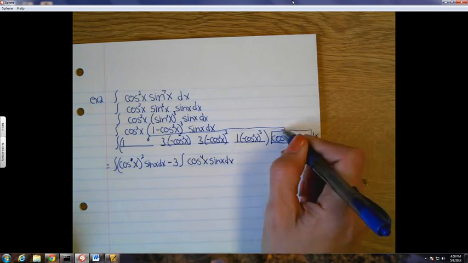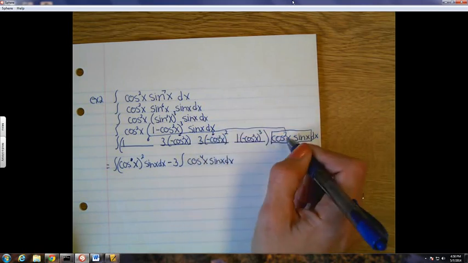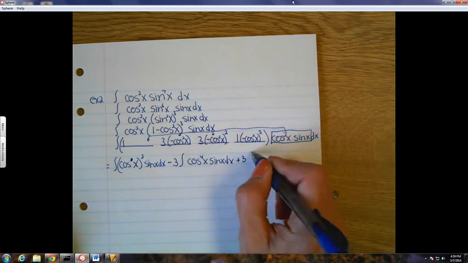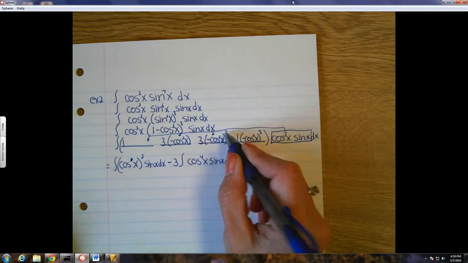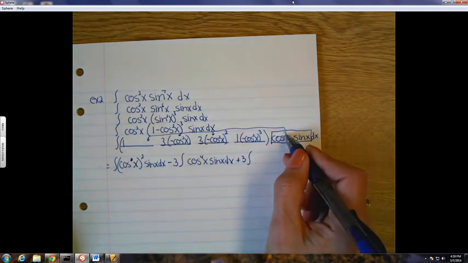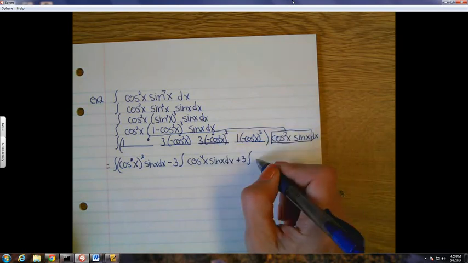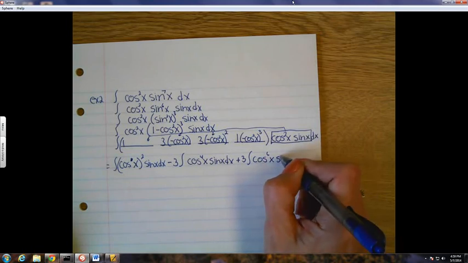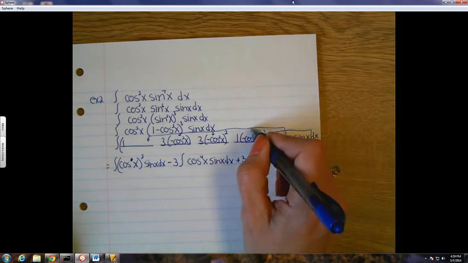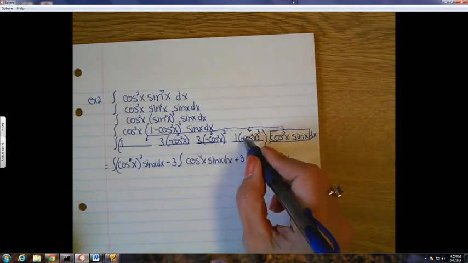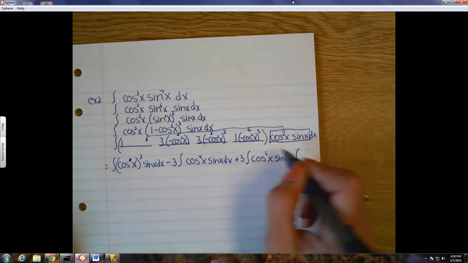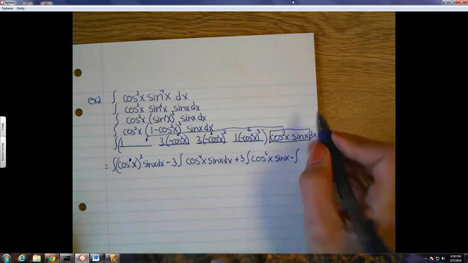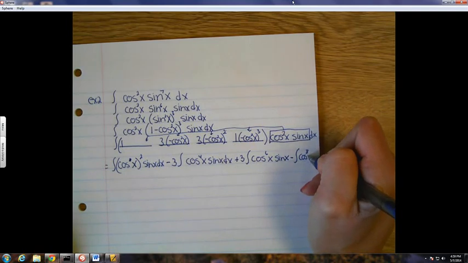Okay, distributing here. I have to do the power first, then combine with this. So a negative squared is positive 3. This will become cosine to the 4th. And when I multiply by a cosine squared, I add the exponent. So 4 plus the 2 is going to give me cosine to the 6th. Not cosine to the 8th. I add exponent. And then the last one here, I'll have a negative cubed. That's going to be negative. This will be cosine to the 6th. Multiplied by cosine squared, I add 6 plus 2 is going to give me 8. And then a sine x